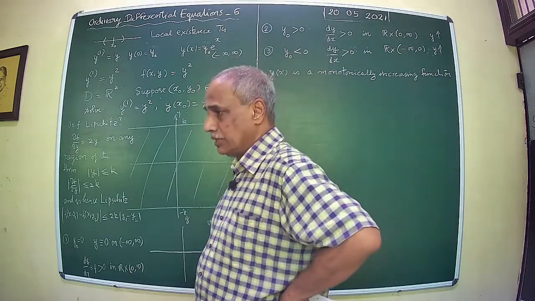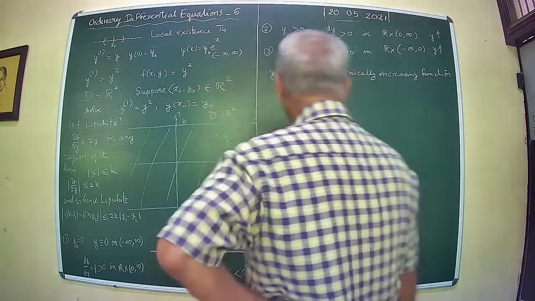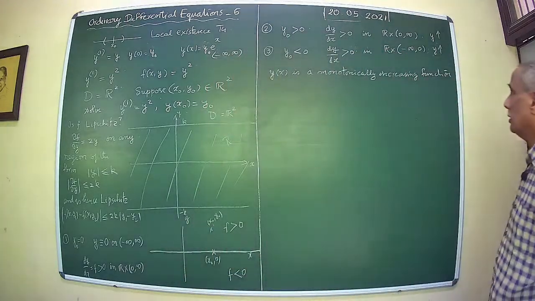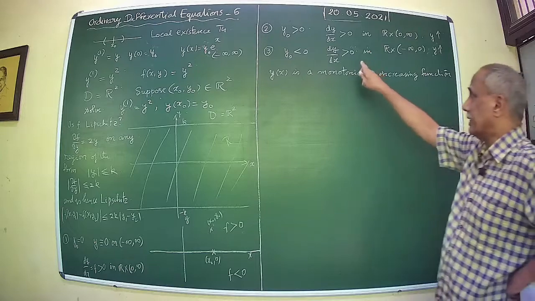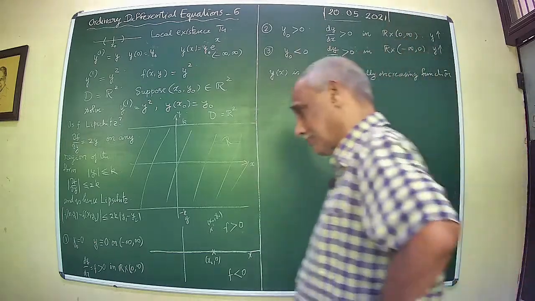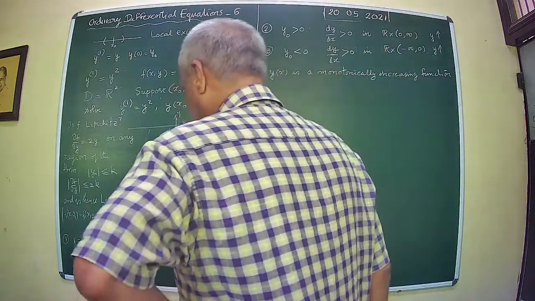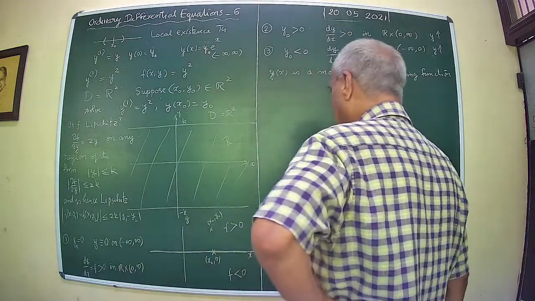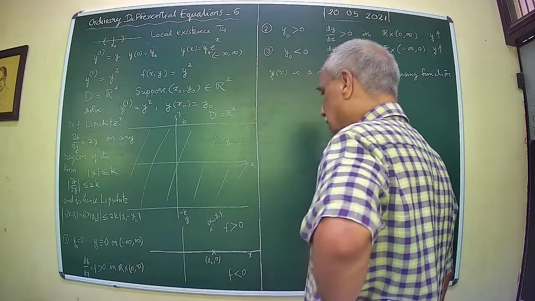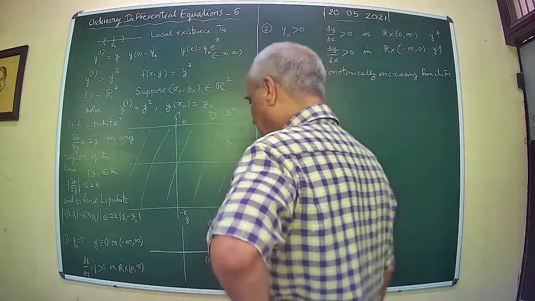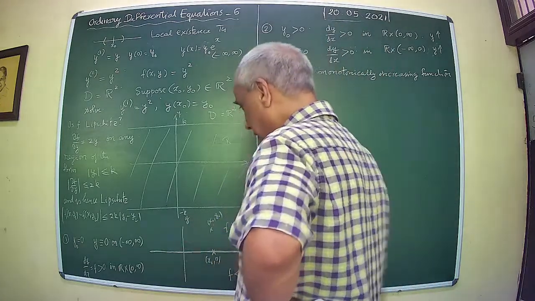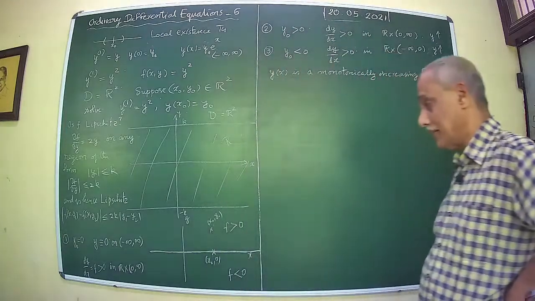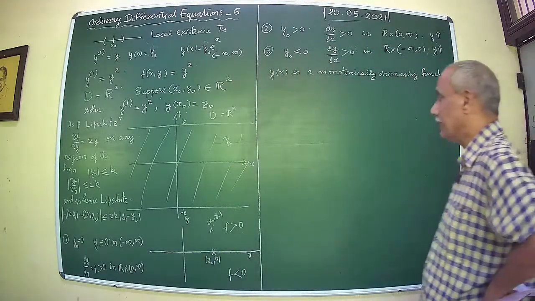So dy by dx is not only positive, but it is monotonically increasing with y. As y gets sharper, it increases rapidly. So the question that you have is this: